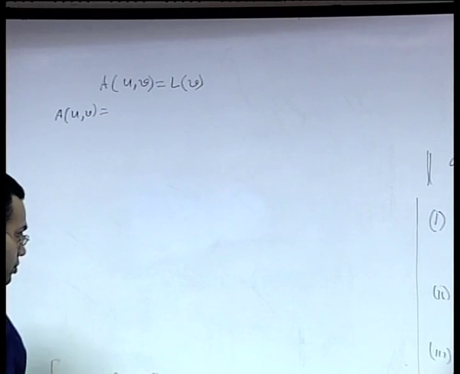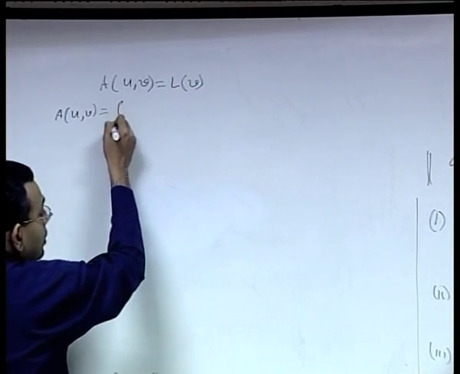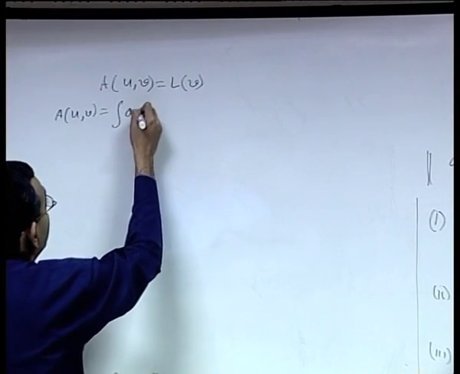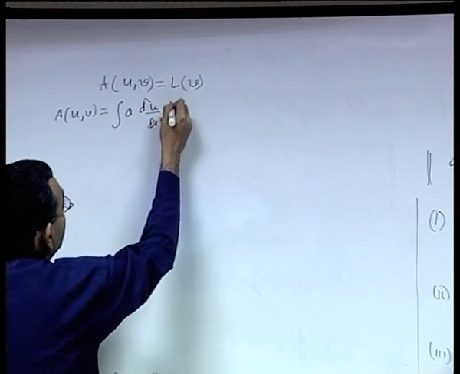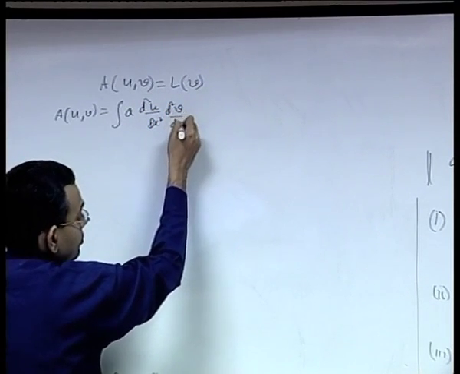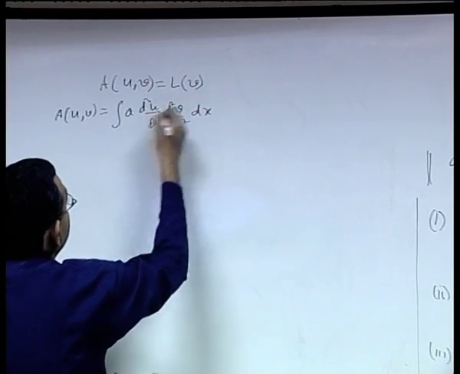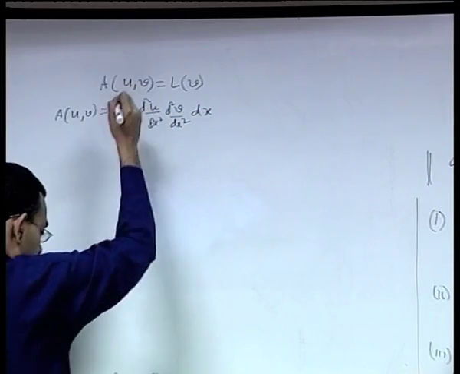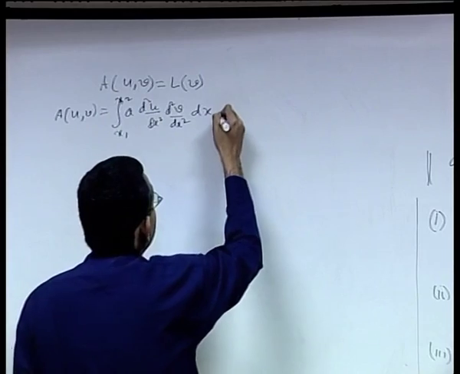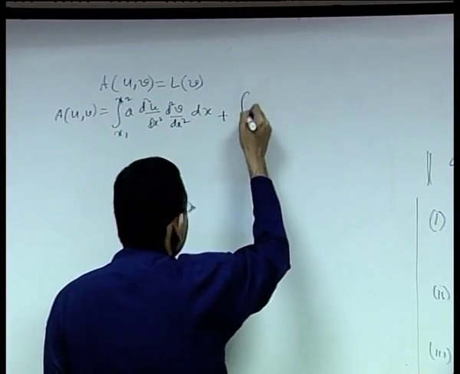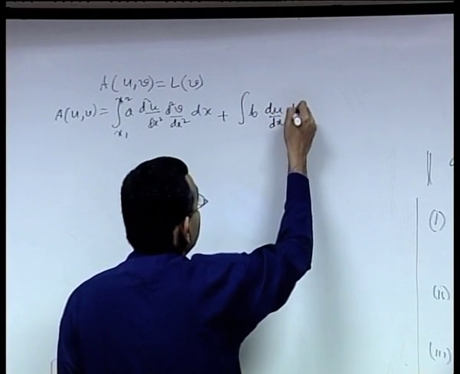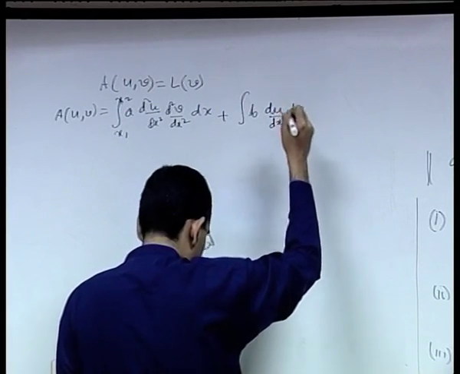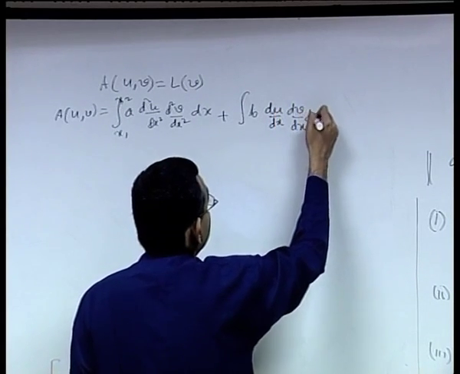It is equal to integral of a d2u dx2 d2v dx2 dx, plus b du dx dv dx dx,